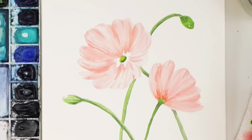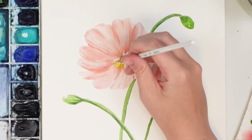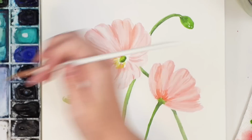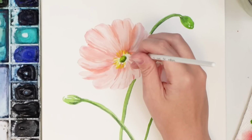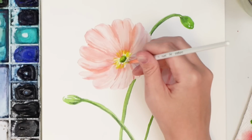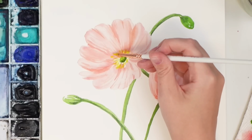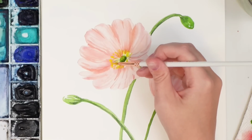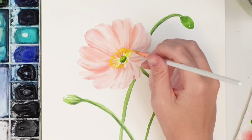Now, lastly, I am going to do the center of that one poppy. So I'm just going to grab some lemon yellow for the lines and then a bit more cadmium yellow for the dots. And I'm just going to do these really light lines. A little bit shorter on this side because of the perspective. And then I'm going to grab my cadmium yellow and I'm just going to do a bunch of dots. Now I feel like it's kind of getting a little bit lost in the color,